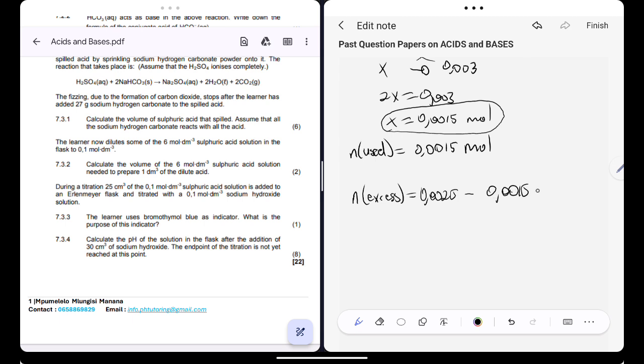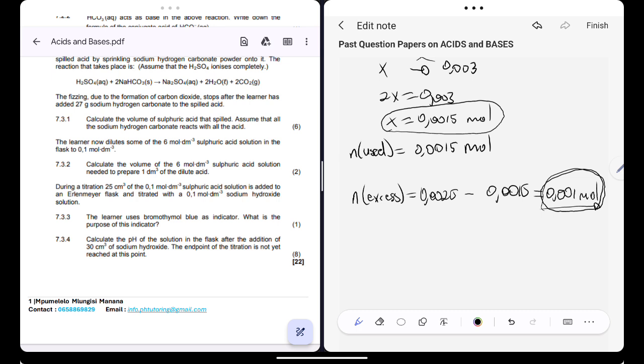So this simply means that in excess I only have 0.001 moles. These are the number of moles of my acid which are not used. Are you together? Yes, I can find the final concentration of my acid, but I don't have to, because I know that